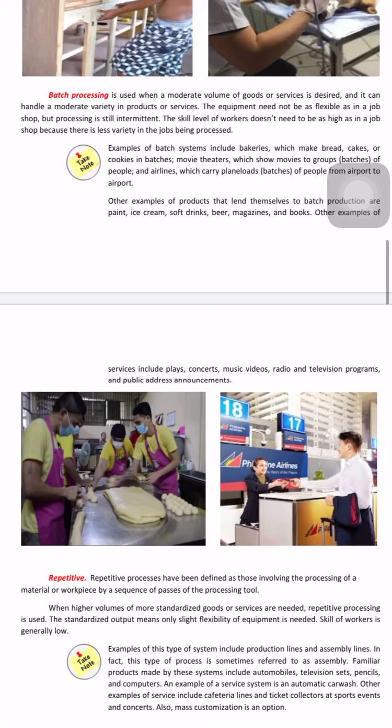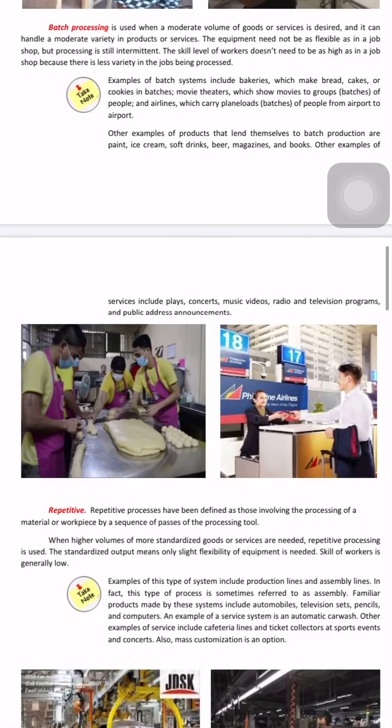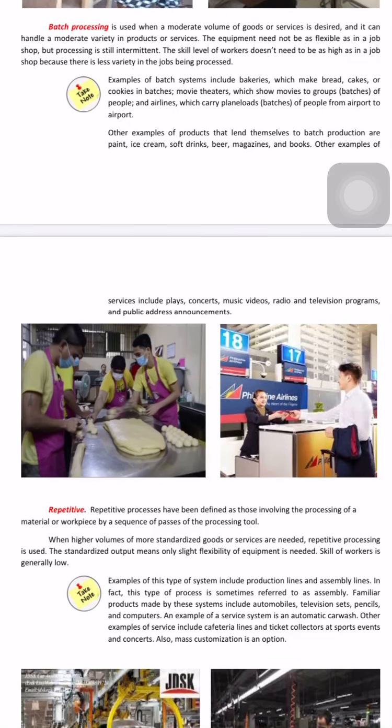Yung tinatawag natin in service type, yung sa airline, dun sa airline industry. Okay? Other examples of products that lend themselves to batch production are paint, ice cream, soft drinks, beer, magazines, and books. Other examples of service includes plays, concert, music videos, radio and television programs, and public addresses, announcements. Okay? So,